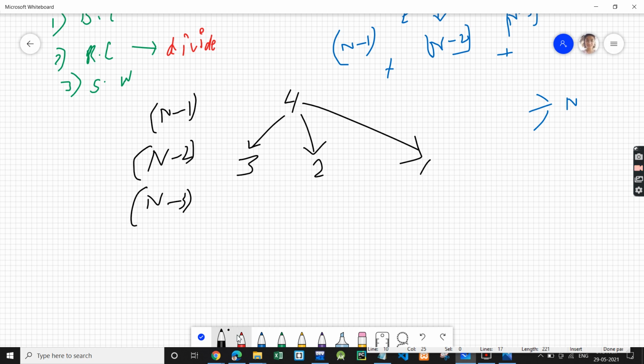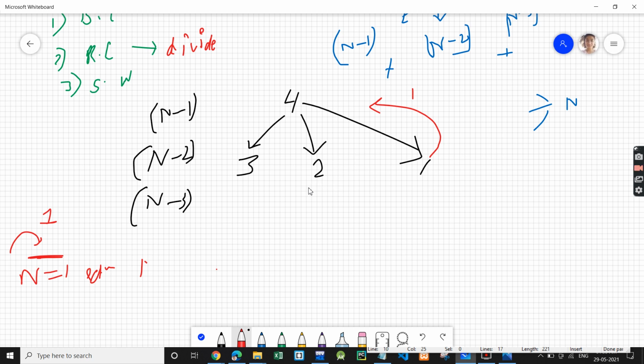Now let's discuss the base case. If we have only one stair, how many ways are there to reach that stair? Only one way, right? We can just take one jump and we will reach the first stair. So if n is equal to 1, we have to return 1, because there is only one way. So if n is 1, this will give us 1.